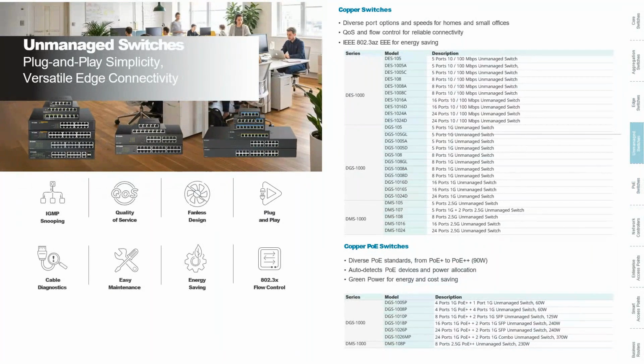I think later on there's quite a few more slides to go into details of all the unmanaged switches available. We'll probably save you from having to go through them all, but the options are there. Because they are unmanaged switches, they are very, very cost effective in terms of expanding your network. And as you can see on the left hand side, the highlights, they support multicast through IGMP snooping. Most of them are fanless in design, so they're perfect for placing in islands in the office or next to